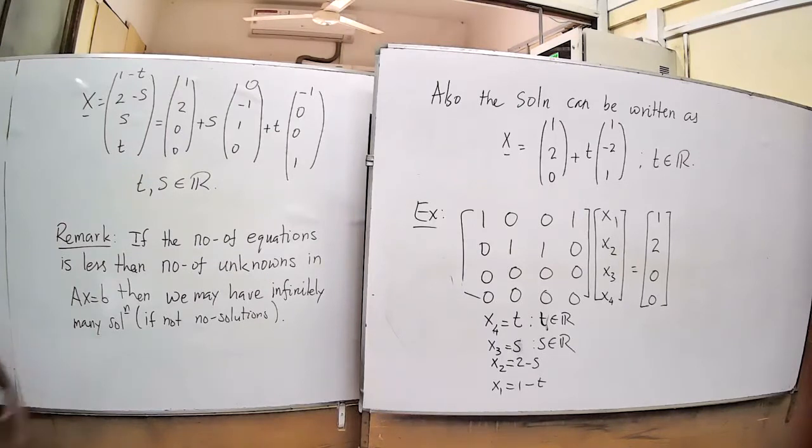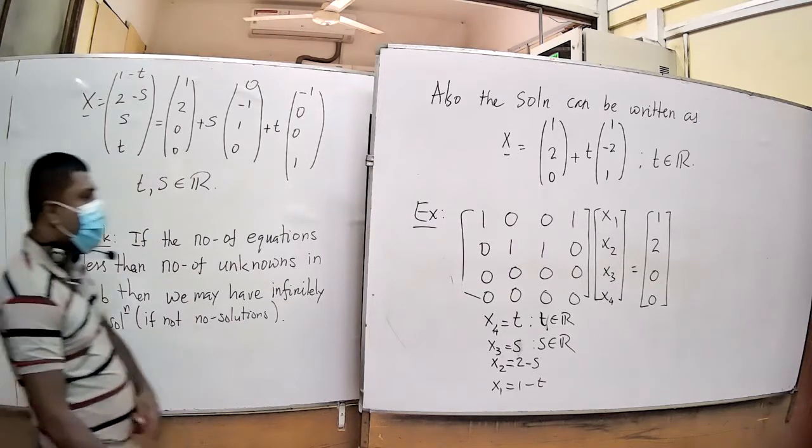But sometimes you may end up with the no solution case as well, which we are going to see next. But definitely you will not have a unique solution case in this type of example. So if you look at the original problem, if the number of equations is less than the number of unknowns, then clearly you can only have the infinitely many solutions case or the no solution case. I'm not going to do an example of that, but just for information, you should know that also. So this is the second type of solution, the infinitely many solutions case. Now the third one, the no solution case.